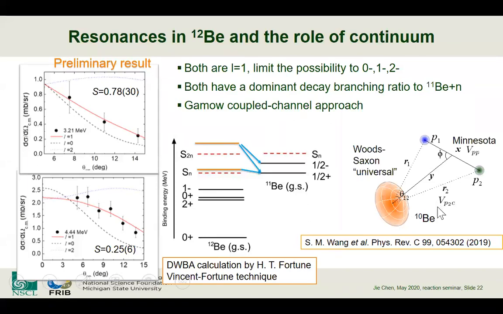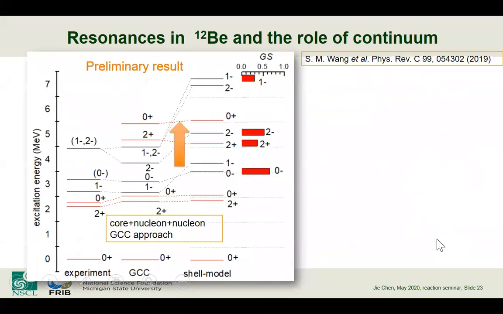And you can find more detail of the interactions in this paper. So here we also compare the result with the shell model calculation. You can see that compared to the shell model calculation, the result from the Gamow coupled channel approach